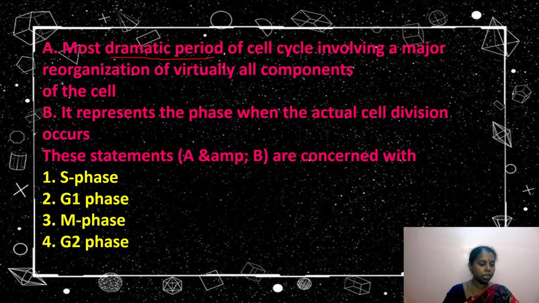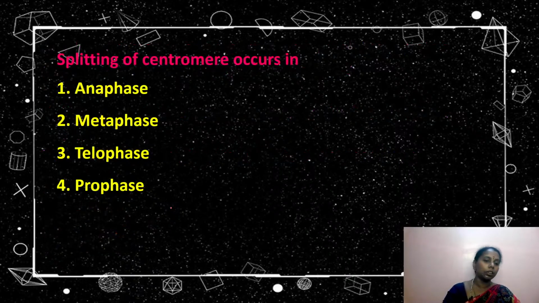Very good answer, children. 100% you are all correct. Yes, it is M phase, which is considered to be the dramatic phase as the chromosomes undergo so many changes, moving towards the poles and all that. So dramatic is the NCERT word. Very good. Now, the next question we are going to discuss. Yes, M phase, excellent answer, Arvind Shah. Very good answer. You are rocking.